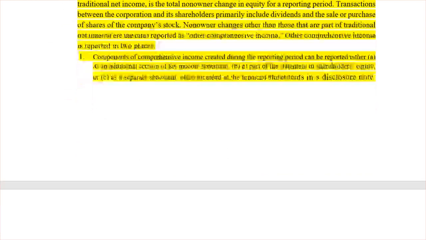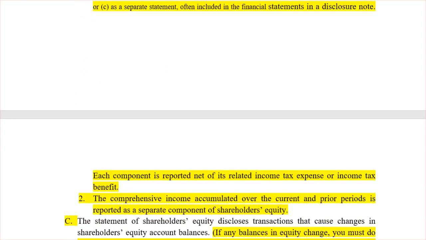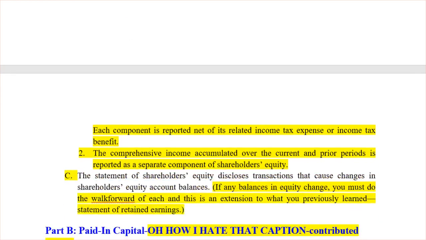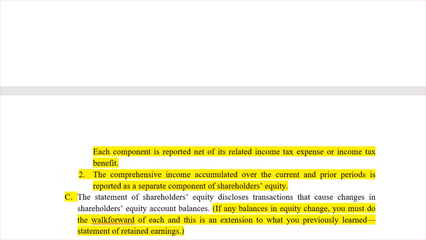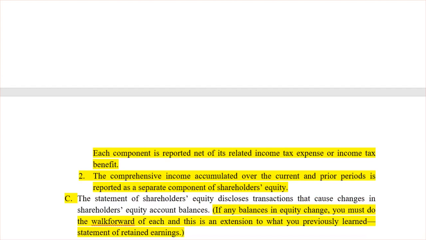What's your earnings? What is your OCI? What's the difference? Each component needs to be reported net of tax or tax expense, or as you now know, tax benefit. And you should show comprehensive income and how it's accumulated in the account of equity. Now this is C, which is what I really wanted you to understand when we talk about the statement of